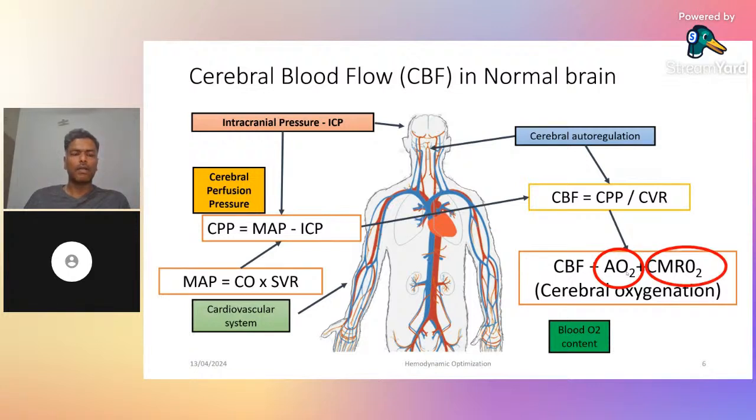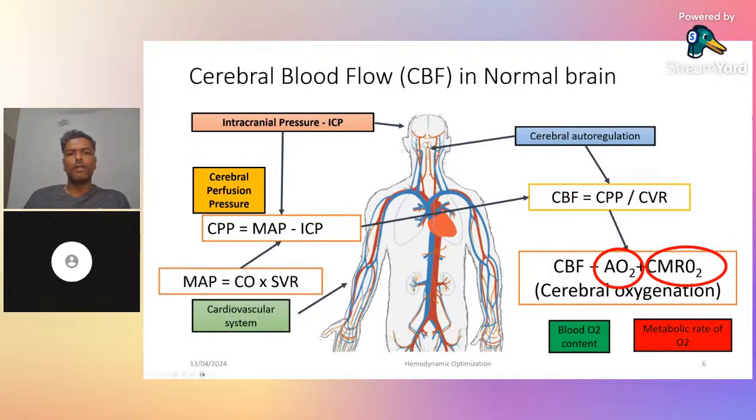Next, another important consideration is the cerebral metabolic rate. Why is the cerebral metabolic rate also important? Because if somebody is having very high activity, like a seizure, a patient having fever, or acute inflammatory states of any acute brain injury, in all of them the requirement would be higher. So this is also another determinant of whether the cerebral blood flow which we are maintaining is adequate or not for your brain. To summarize,